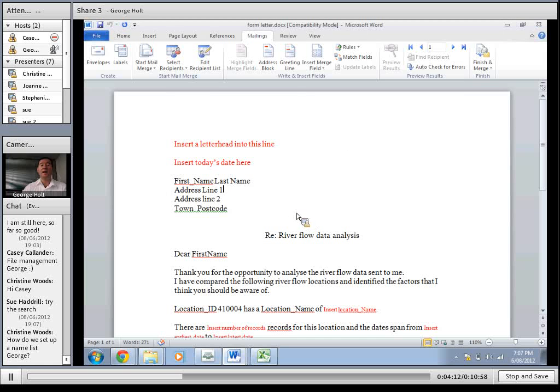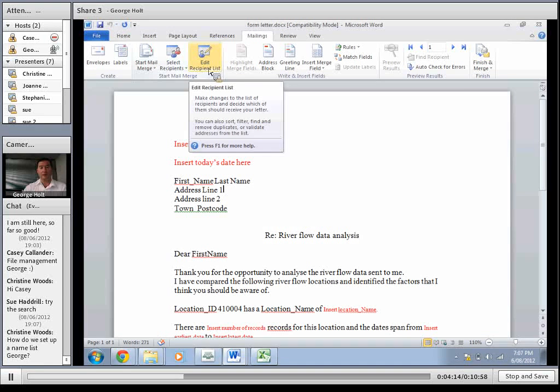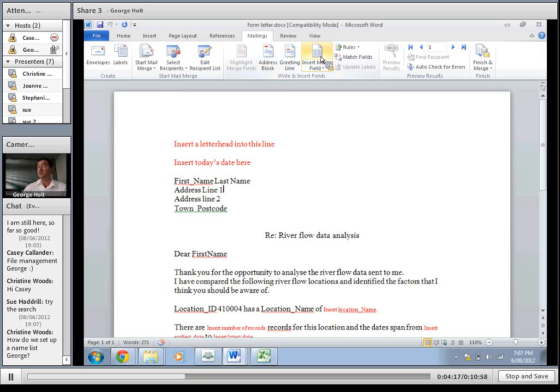So now the next step over here is inserting these merge fields, this one just here. So it says Dear First Name. If I highlight that and insert a merge field and choose First Name, that will now be Dear Tom, Dear Mary, whatever. Now see up here it says First Name. I'm going to highlight that, insert merge field First Name, putting a space, now Last Name,